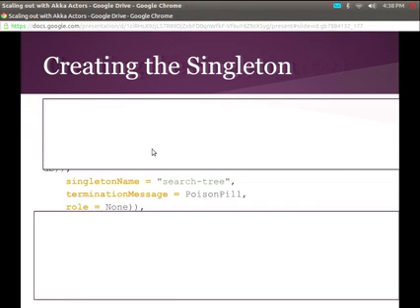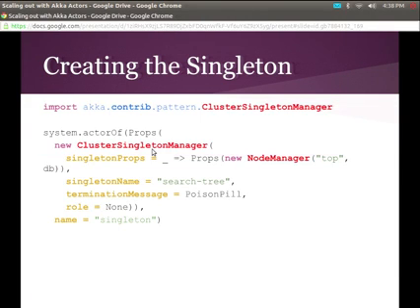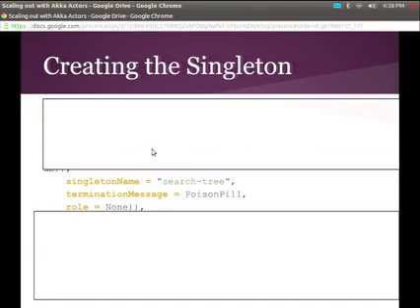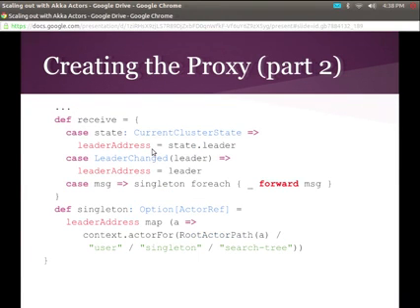If we look back at the config here, name singleton, singleton name search tree. Okay? The path that I'm going to use to look up things is the name of the managing actor on a particular node in the cluster, and then the name of the underlying actor on that cluster. It will only exist if he happens to be the leader. Okay? So this is a proxy, and this is a bunch of annoying boilerplate you still have to write in M2 to have the proxy. But this proxy, again, lives on every node, and this is the one I send messages to, and it will reroute to where the current leader is.